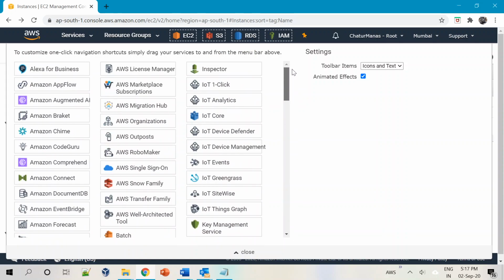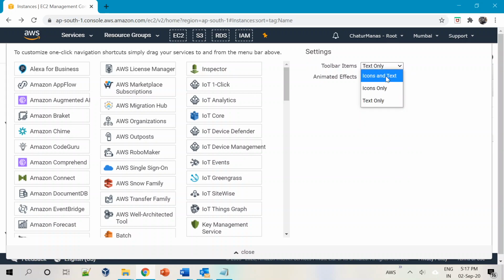The names of the services here are alphabetically ordered, so it will help you quickly find that particular service, and you can put it here. Once I do that, you have toolbar items. You can choose icons and text, wherein the icon of that service as well as the name of that service is displayed, or you can choose icons only if you are very familiar with the icons, or only the names.